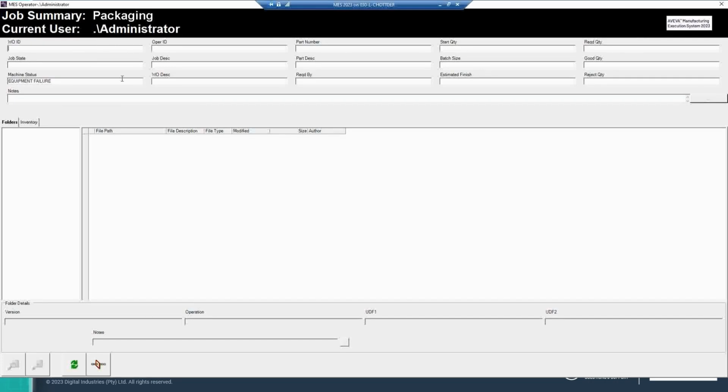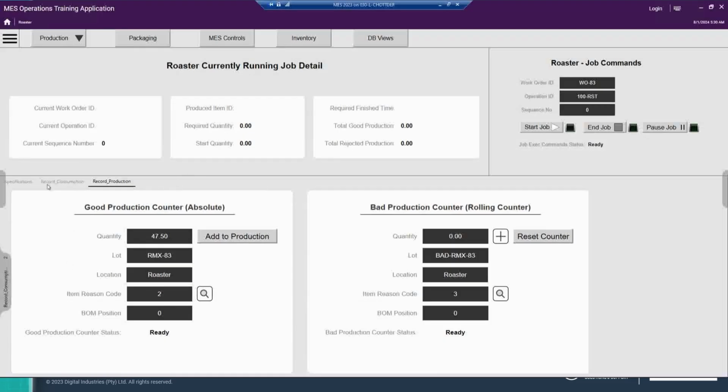Once the Operator application is open and you're logged in, you can select the equipment that you'd like to view the job summary for. In this case, we're going to look at the coater. In this state, we can see we don't have a work order running at the moment. So what we're going to do is start a job on the coater. So from the SCADA side,